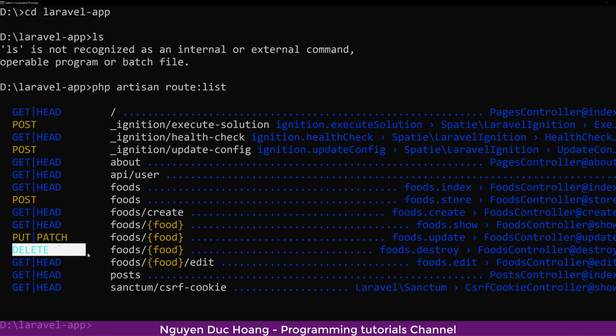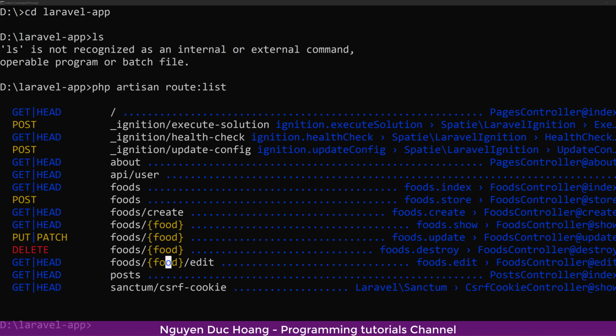Delete is easier than update. The easiest way is the delete method, and here we have the delete part for food. We have the ID, so we can find this record and delete it. Delete is quite easy to understand. So here we